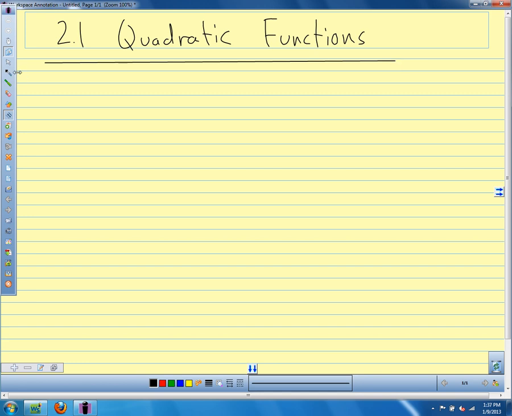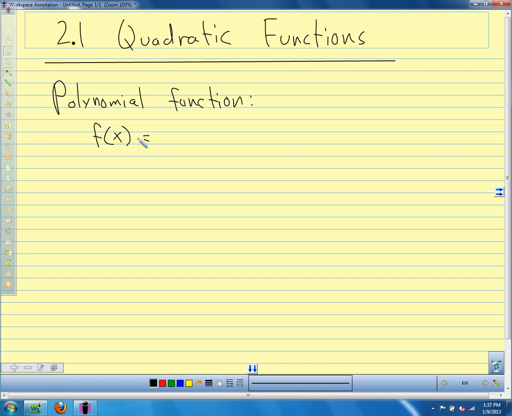So let's start out. A quadratic function is a special type of a polynomial function. So let's start out by talking about what we mean by a polynomial function, and then we're going to narrow it down to quadratic functions. So a polynomial function. A polynomial function, we're just going to say that it's a function that we can write f of x equals,